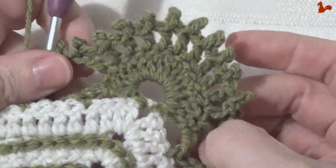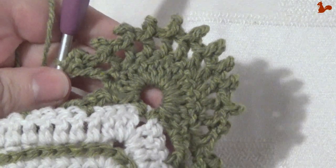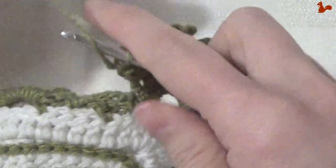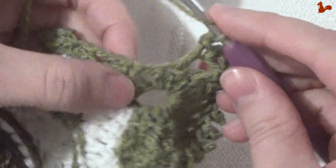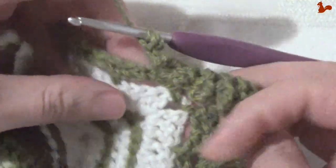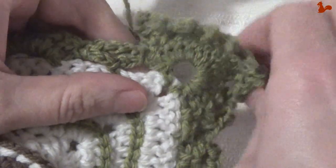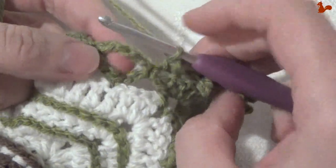So I've worked this repeat 12 times, so I've got 12 picots, 12 doubles, and there's 1 double crochet left here on this corner, and that last double, that stitch there, gets a double crochet. There we go. We're now going to come down on the other edge of the triangle and do exactly the same as what we did coming up. So that means this chain space here gets a single,